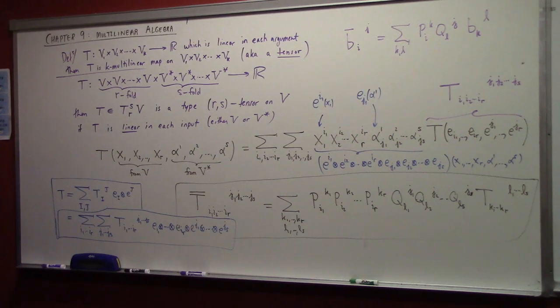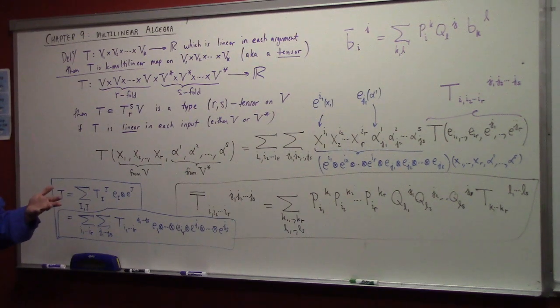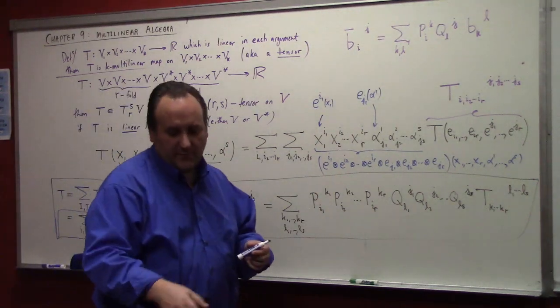So if you had a trilinear tensor on a two-dimensional vector space, the set of all trilinear maps on a two-dimensional vector space would be 8-dimensional, because 2 to the third is 8. If you look at all of the bilinear maps on a two-dimensional space, then that's 4-dimensional, because basically it's governed by a 2x2 matrix. For a trilinear map, it's kind of like a 2x2x2 cube, because if you look at the formula,